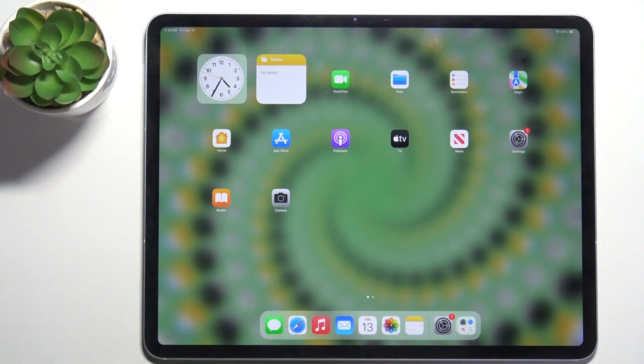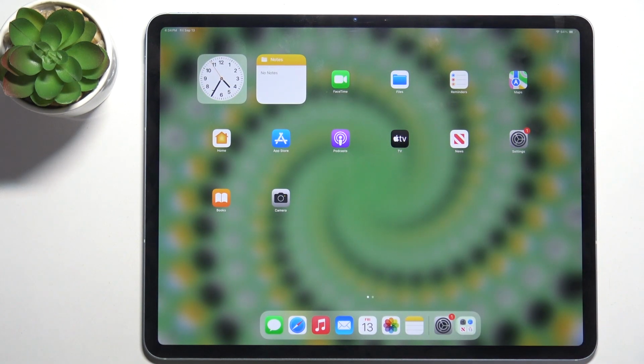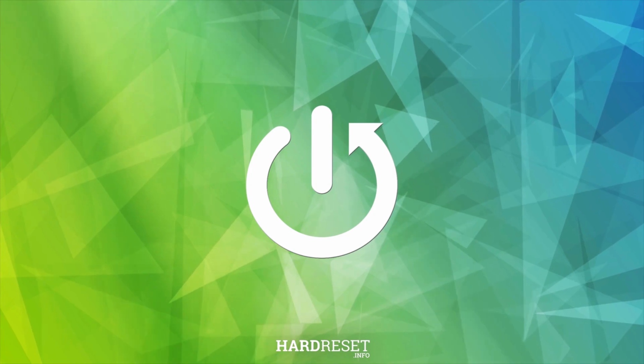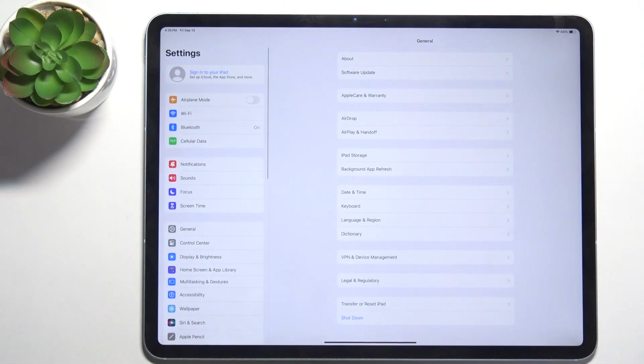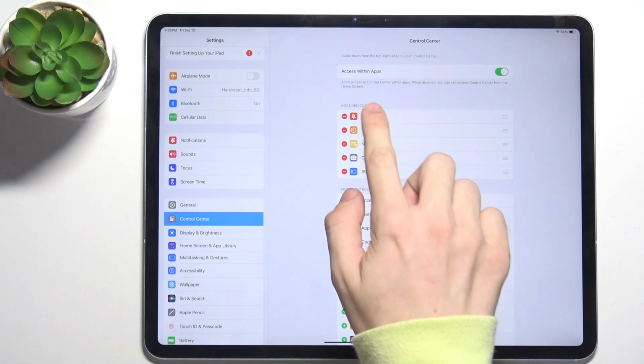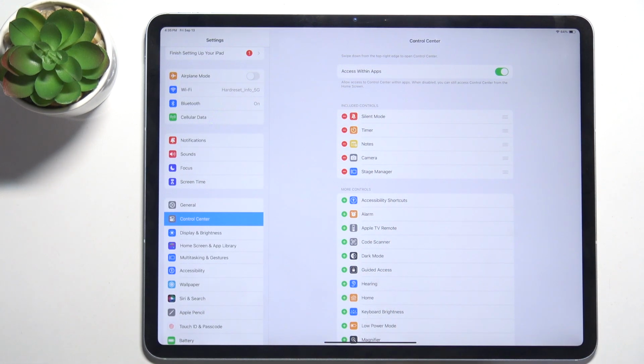Hello, in this video I'm gonna show you how to edit Control Center, which is here, on iPad Air 13 2024. Go to Settings, then go to Control Center, and here you can exclude controls that are included or include controls